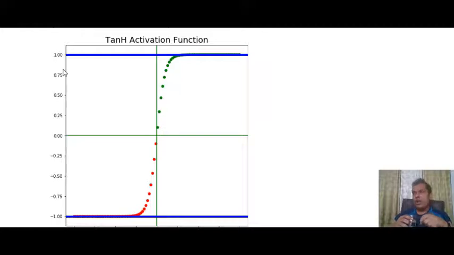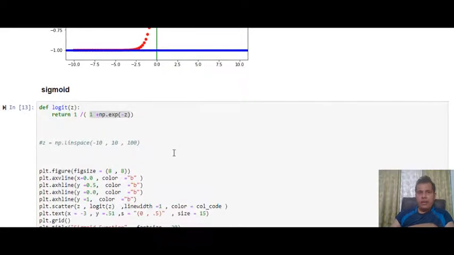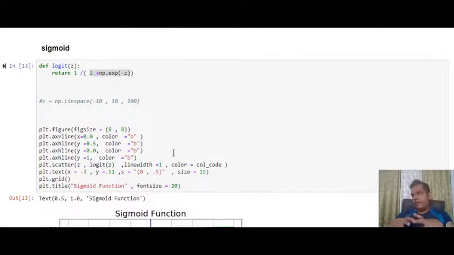Now let's discuss the last function, the sigmoid function. I will not consider sigmoid to be a kind of activation function. Normally it is, I'll say, a small version of a softmax function, not the softplus but the softmax function. This is especially used to make the decision, and normally it is used in logistic regression where your target variable is binary. So whether it should belong to class 0 or class 1. It can be used as your activation function, though it should not be. And your sigmoid function is 1 plus np.exp minus z.